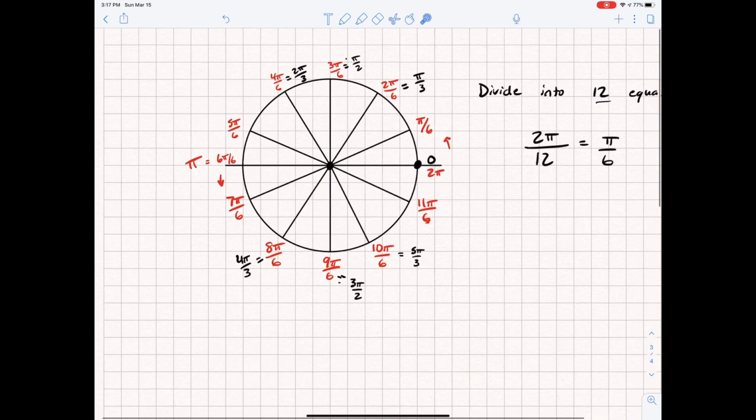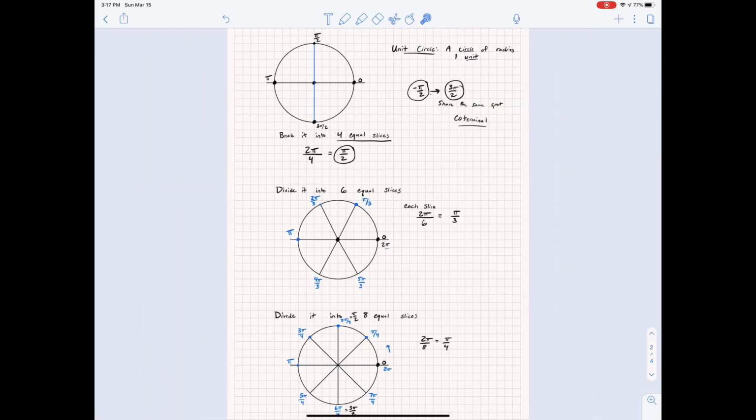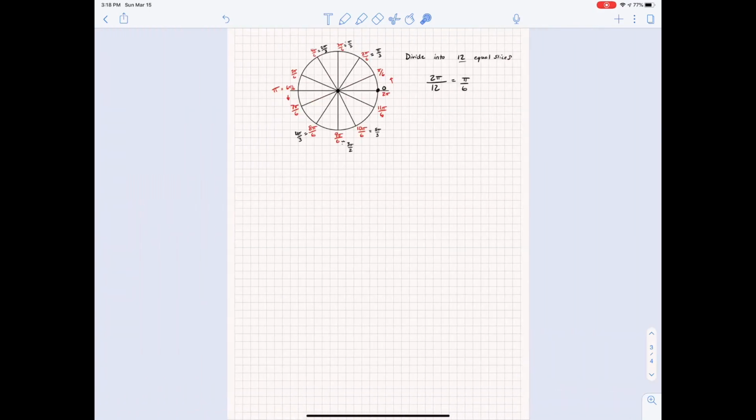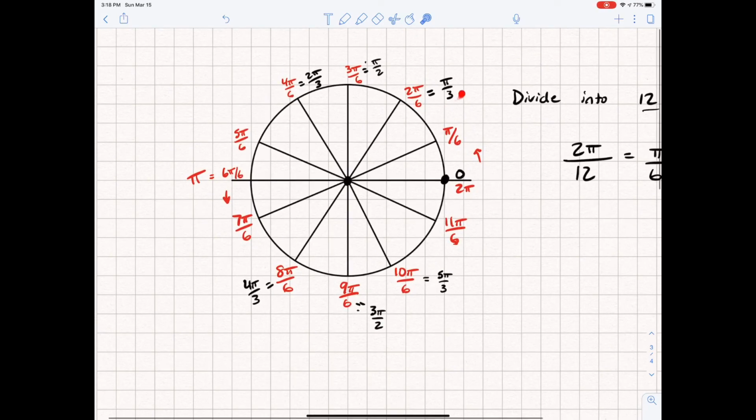These are the same measurements that we actually saw when we divided everything into 6 equal slices, which makes sense because 6 goes into 12. And so this is looking at almost like a minimized or a hyper-focused version of the 12 slice circle with these numbers. And so where the unit circle essentially then comes in is we're taking pretty much all of these circles and essentially overlapping them on top of one another. And when you do something like that,